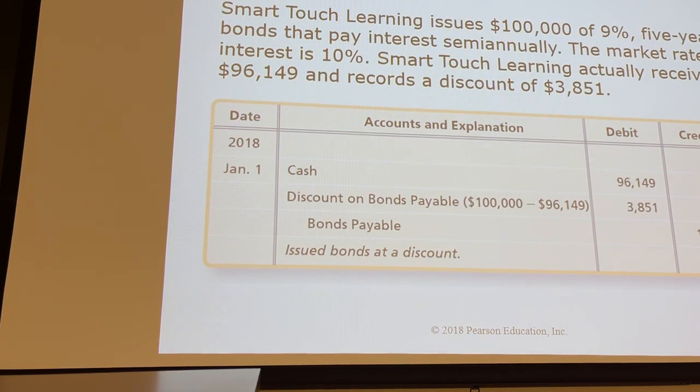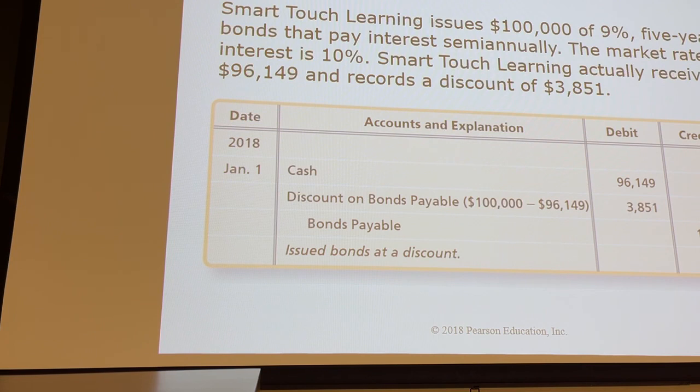Okay, next we're going to look at the example of where bonds are issued at a discount. Smart Touch Learning issues $100,000 of 9% 5-year bonds that pay interest semi-annually. The market rate of interest is 10%. So you know, because of the relationship between the 9% and the 10%, that those bonds are going to be issued at a discount. And it says Smart Touch Learning actually receives $96,149 and records a discount of